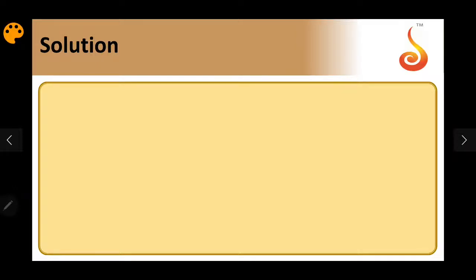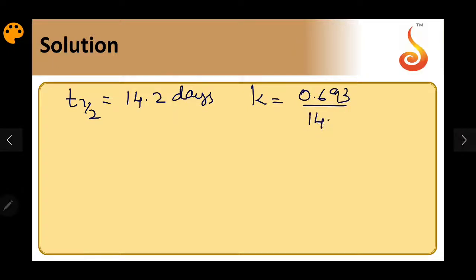The solution is, so T half is 14.2 days. So I can write K is equal to 0.693 by 14.2. So I know that K is equal to 2.30. I'll substitute in that. So 0.693 by 14.2 is equal to